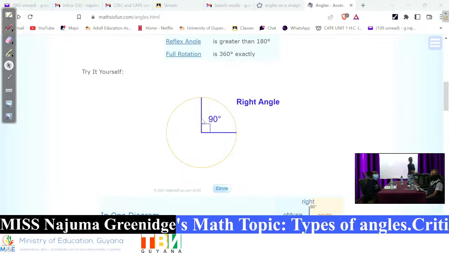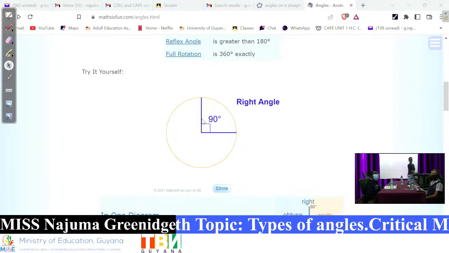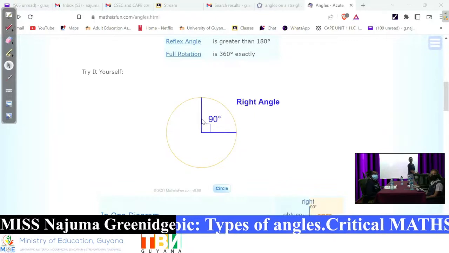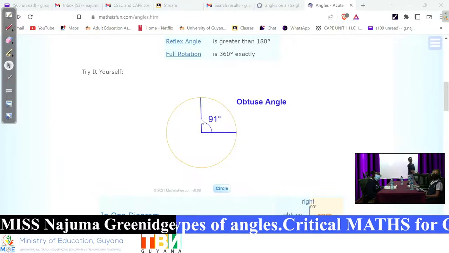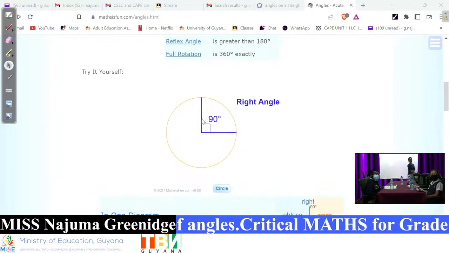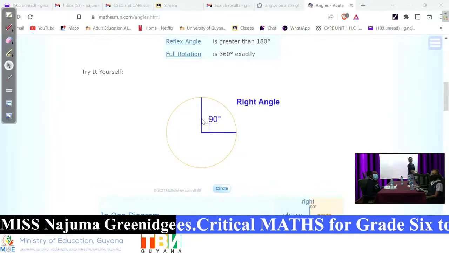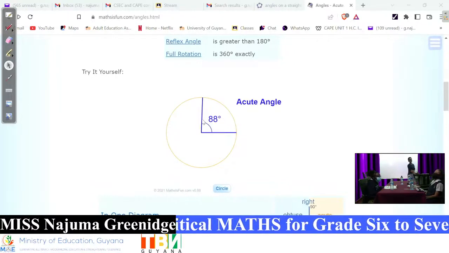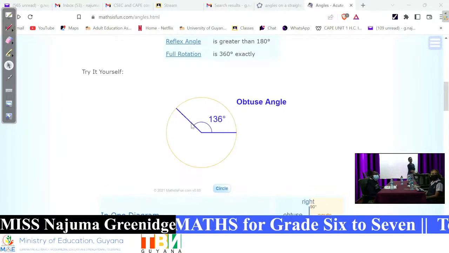The angle on the outside. Are we getting another reflex? We're getting another reflex angle. So 90 and how much is going to make 360? Come on. 90 and 270. So 270 is more than 180. So notice if I go here now,